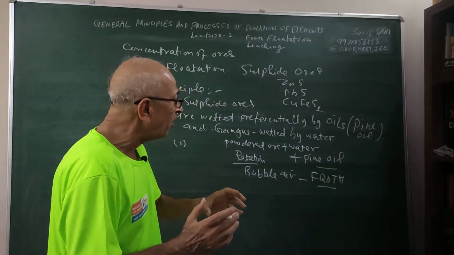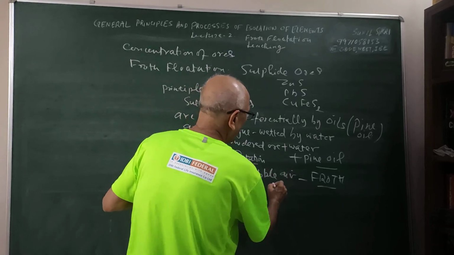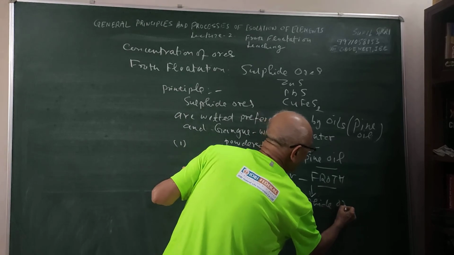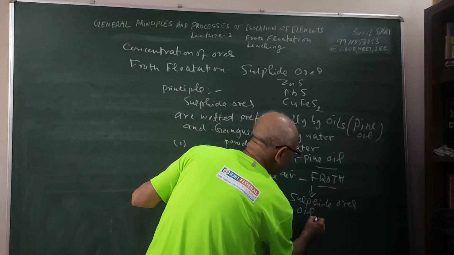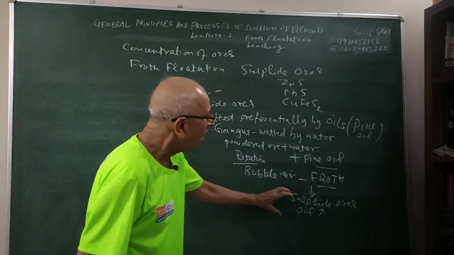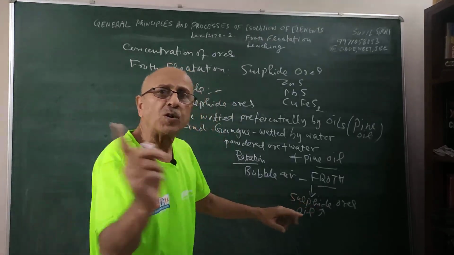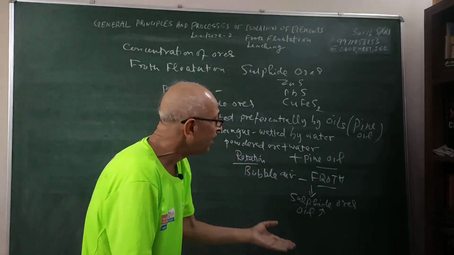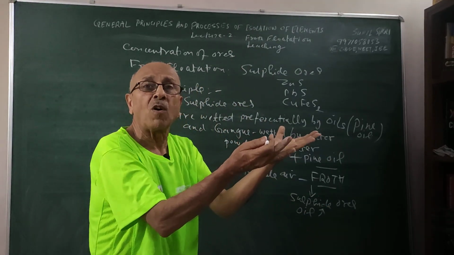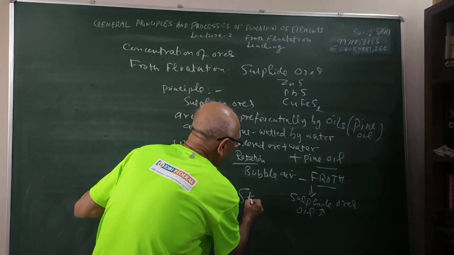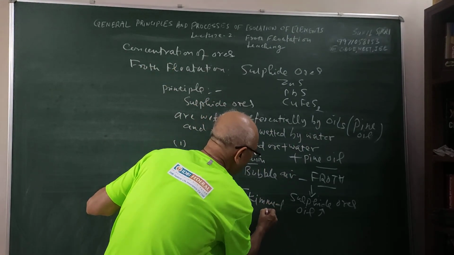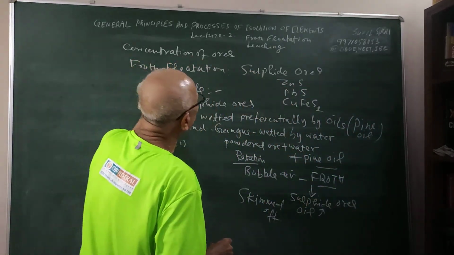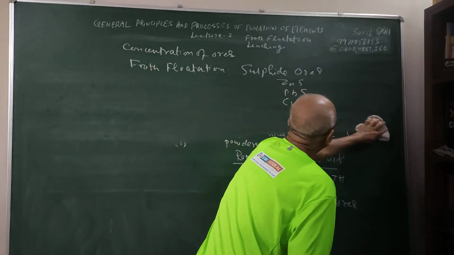So when froth is formed, what will the froth contain? The froth will have with it the sulfide ores, because the sulfide ores are wetted by the oil. We will rotate it and bubble air through this. By the bubbling of air, what will happen? The froth is lighter. It will come on the top, and then it can be skimmed off. So the basic idea is clear, students, of what I will be doing in the froth flotation process. Let me give you something more about this.